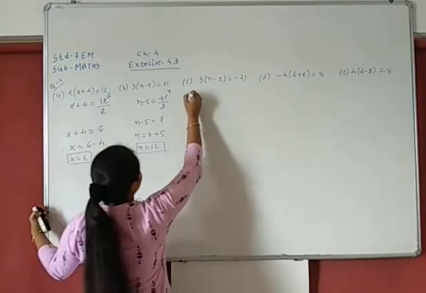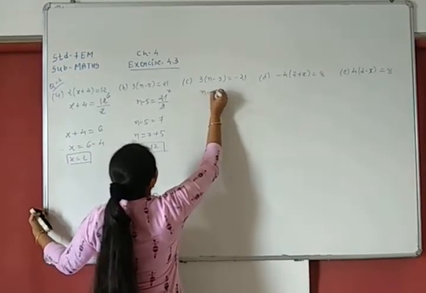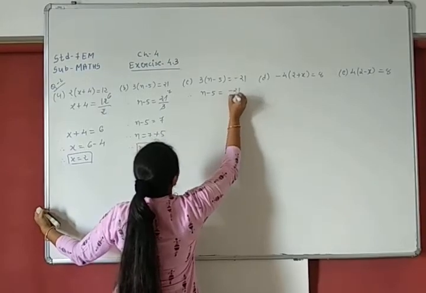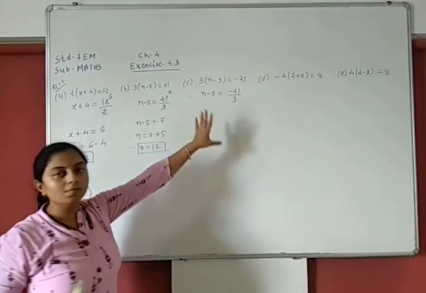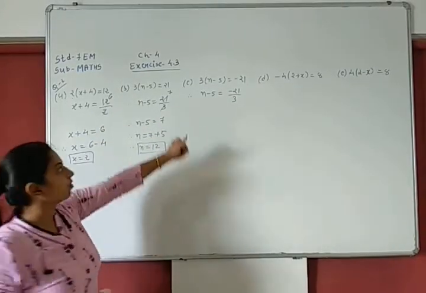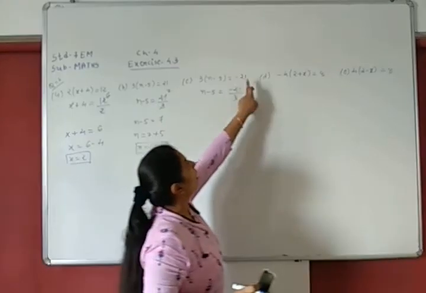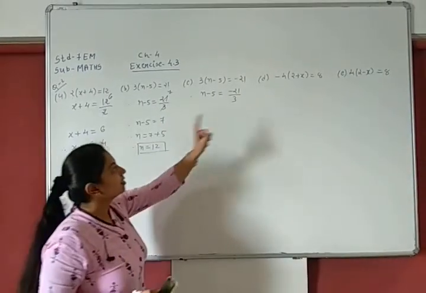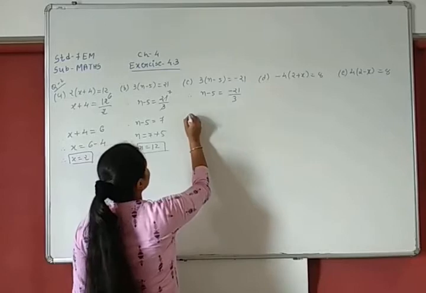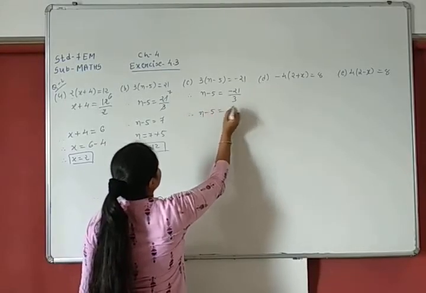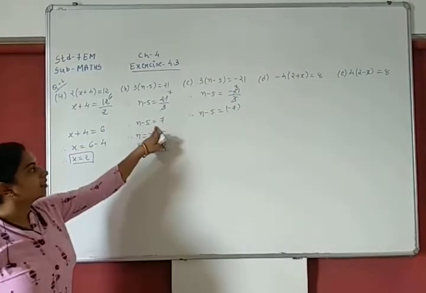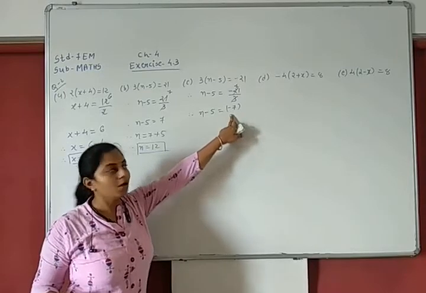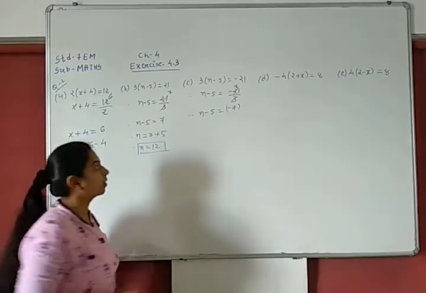Now see, n minus 5 equals to minus 21 divided by 3. If you will see carefully, B and C almost similar question છે, ખાલી એક જ difference છે. Here it is plus 21, while here it is minus 21. તો આન્સરમાં પણ ખાલી થોડોક એવો જ ફેર આવવો જોઈએ. Let me see which kind of changes will come. n minus 5 equals to 3 7s are. So here it will be minus 7. અહીંયા plus 7 હતું, અહીંયા minus 7 આવે છે because minus is given in question, that's why.